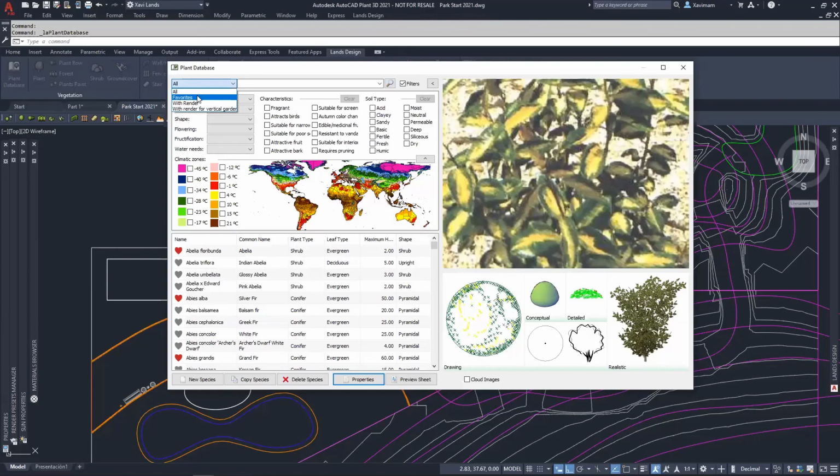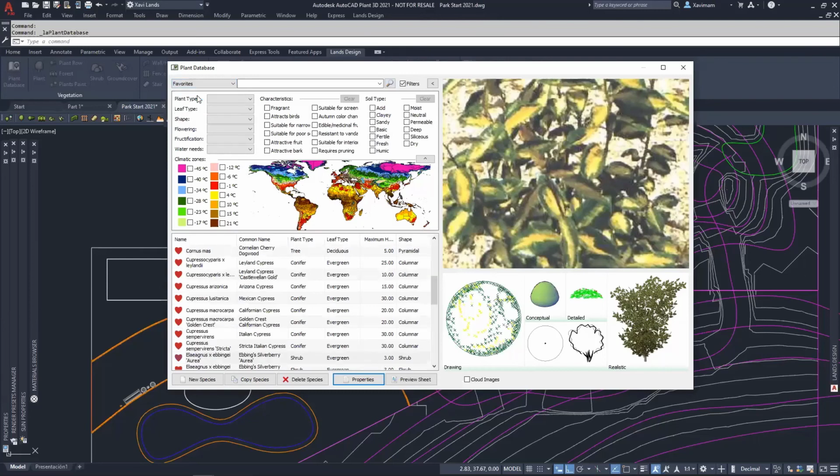You can create a special group called favorites. Just by clicking the heart in the first column, you create this bunch of your favorite species, and then